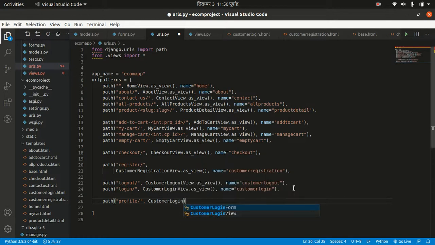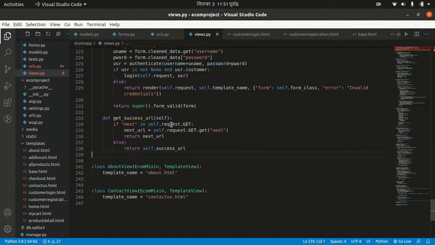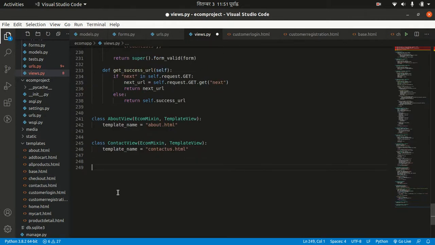Customer login view dot as_view, sorry, not customer login view, I am copying it: customer profile view dot as_view, and I want to name it customer profile. Okay, so I want to add a comma here, and I want to make this view in this page, below this. Okay, class